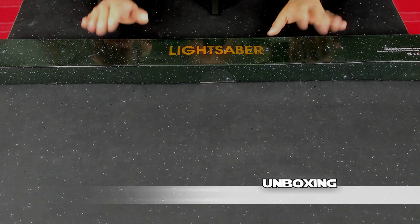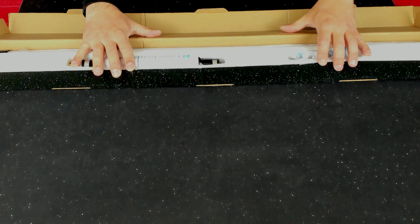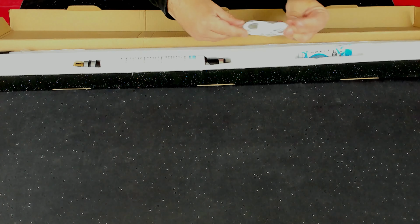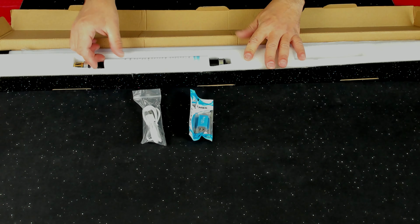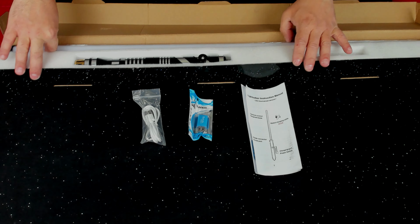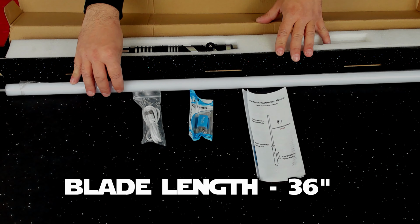Now that we've got that done, let's face the camera down at the table. I'll unbox it and show you what it comes with. They ship the lightsaber in this box. Just your standard cardboard box. Foam insert, which is nice. USB-C charging cable, Allen key screws, micro SD adapter, instruction manual, a 36-inch pixel blade,